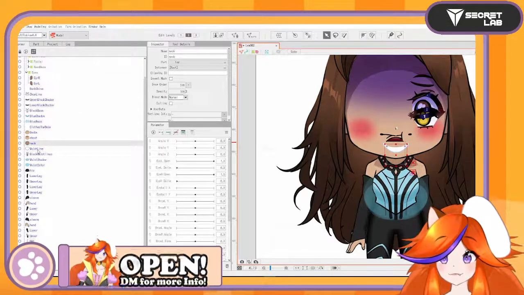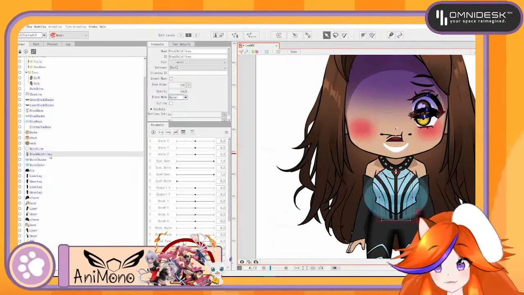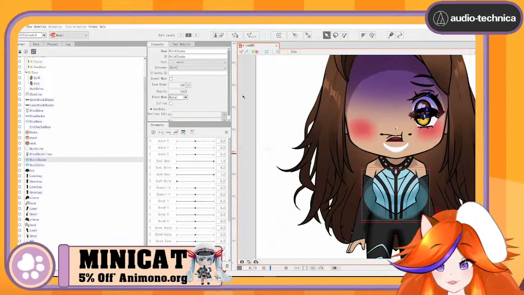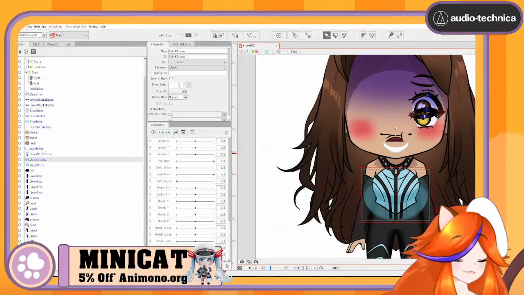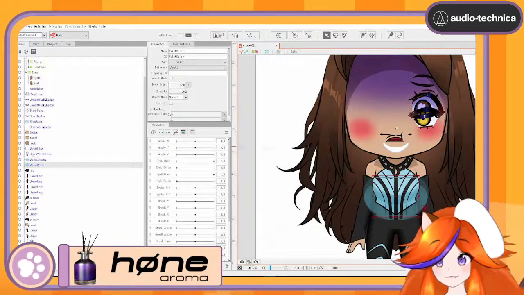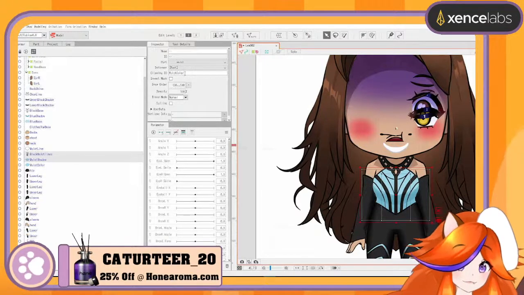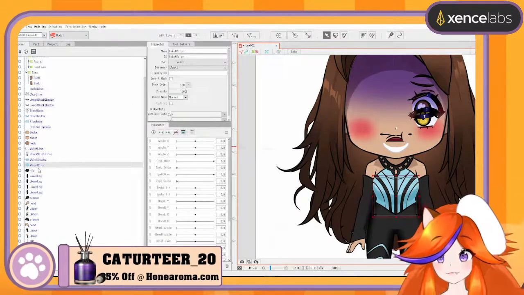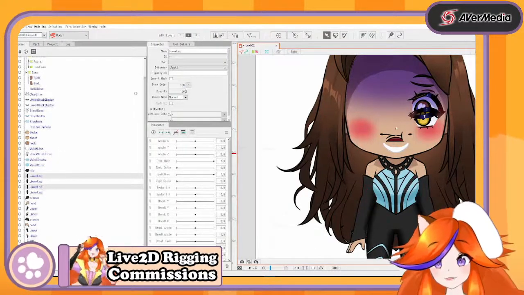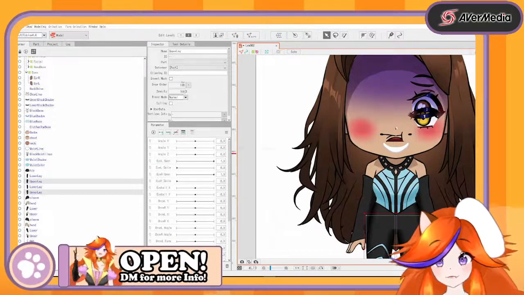560, 555, 550. 545. Waistlines 545, 540. Waist shadow 540, 535, 530. And then copy this and link it up to this too. And then 530, 525. Lower legs 525, 520. Upper legs 520,